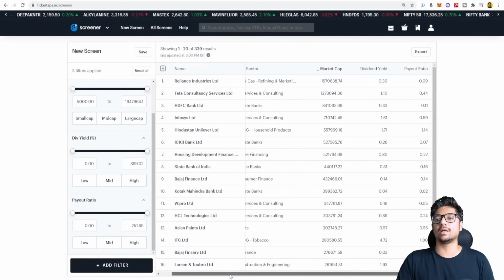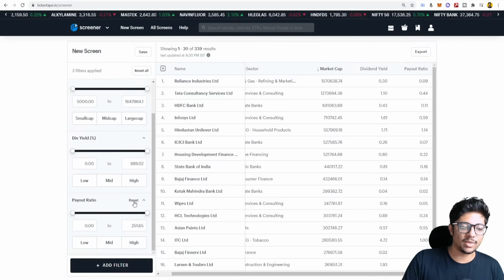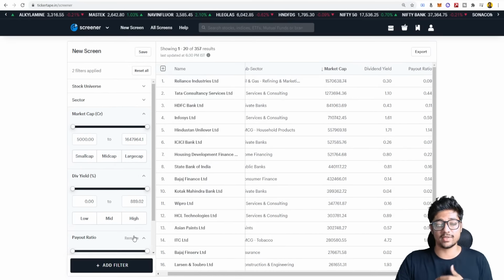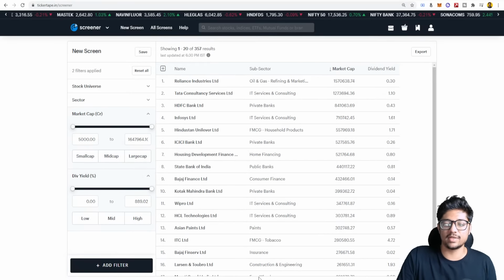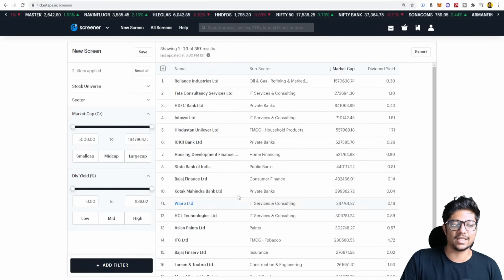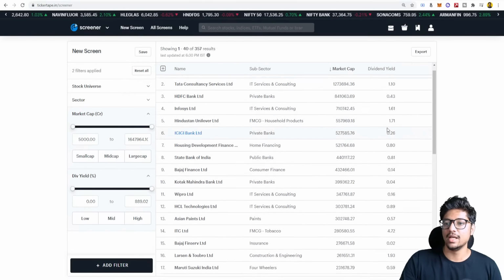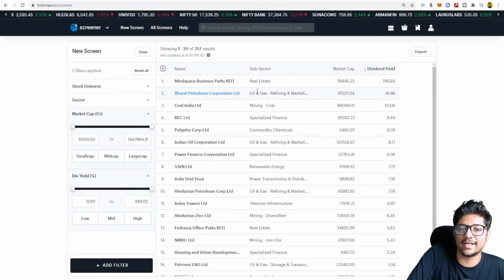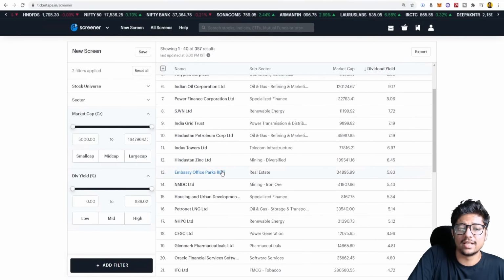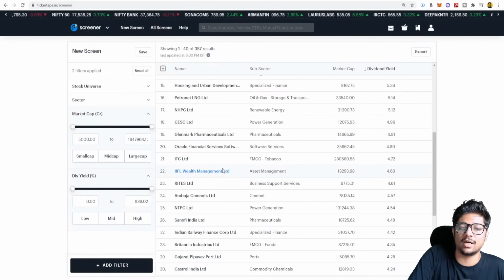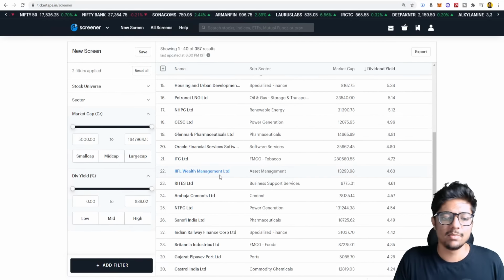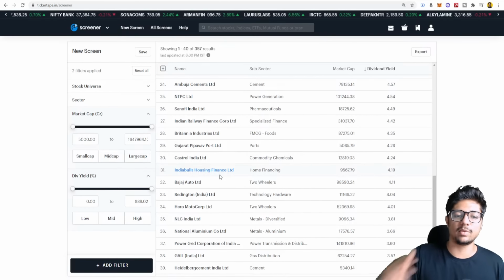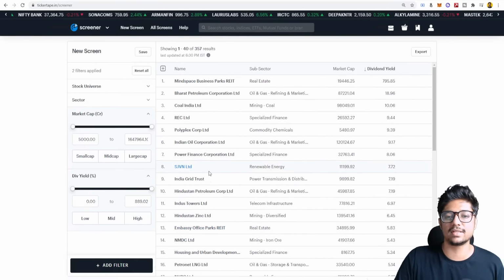You'll see all the big companies here. So ideally, if it's 40%, great, but a lot of people might have changed it. If you remove the payout ratio and just keep the dividend yield as a trigger to check it out, you can see here all the dividend yields that are there. You can filter it according to up, down, left, right. So BPCL is giving a massive dividend yield of 18%, Coal India. But again, check if they've given it in the past as well and not just now. REITs are predominantly good for passive money coming into your bank account as well. But again, you have to look at something that has given predominantly. India Bulls also gives you good dividend yield. So this is a quick way to find out.